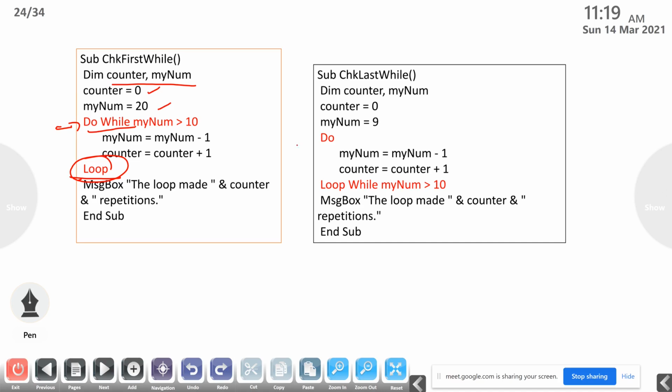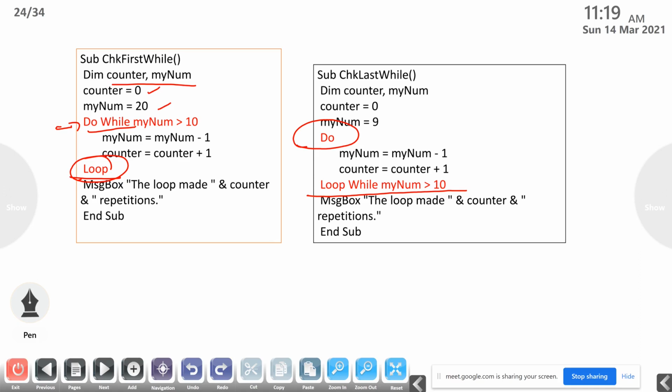Then another type of looping statement or iteration statement is Do. Then some conditions are there or some initializations are there. Then Loop While myNum greater than 0. So this type of loop we call an entry controlled loop. There are two types of loops in C, C++ and Java: entry controlled loop and exit controlled loop.